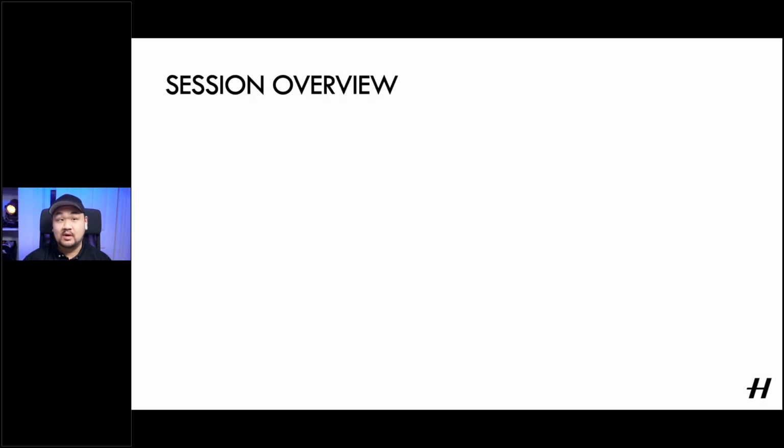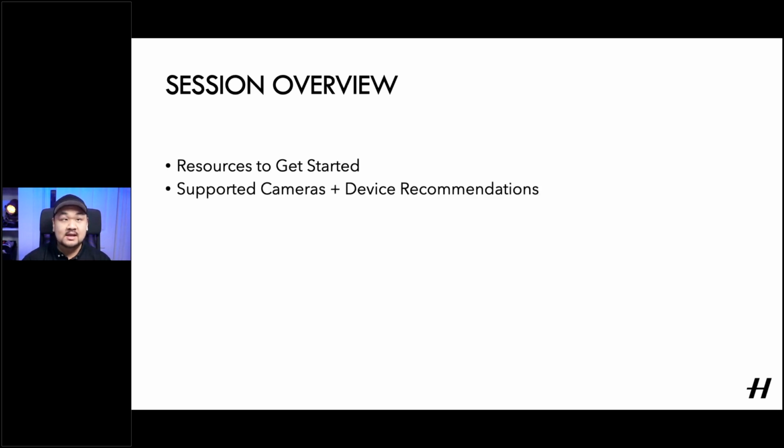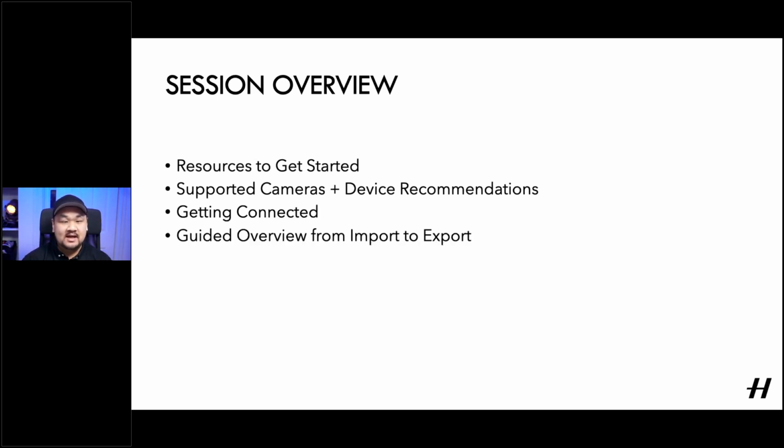So to give you a quick overview of what we've got in store today, we'll start with a few background resources that you might find handy if you're not immediately familiar with our software family. Moving on to our main topic, the overview of cameras that work with Phocus Mobile 2 along with the recommended hardware. From that, we'll go over a connected overview, either a wired or wireless setup, starting with wireless and then moving on to a guided demonstration that shows you with a wired setup everything you need to know from import to export in terms of working with Phocus Mobile 2. Now at the very end, we'll jump to some of your questions and answers, so definitely do continue filling those out in the question pane as we move along.